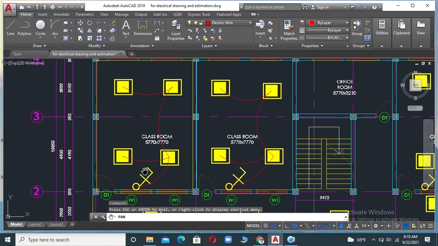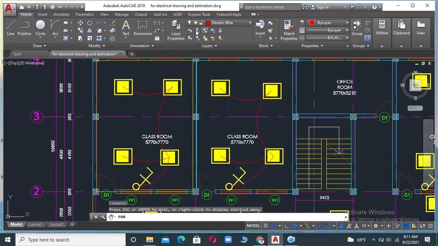So what will they do? They will turn off this layer to work smoothly inside this drawing. To turn off these lights or switches, we have to turn off the layer from here, from property, as well as from here.